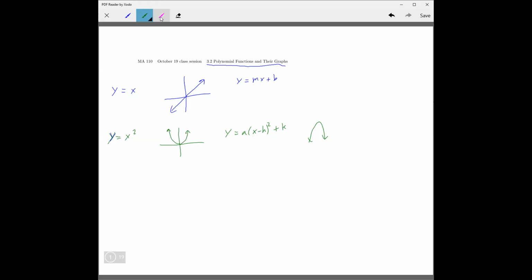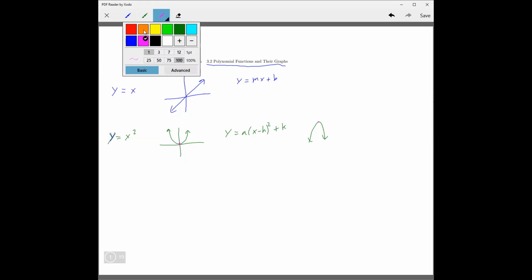And it's going to have a vertex, which if it's opening up, that's going to be the low point. If it's opening down, that's going to be the high point, or the maximum, or the minimum. Okay, so what's going to happen there. Okay, now next is